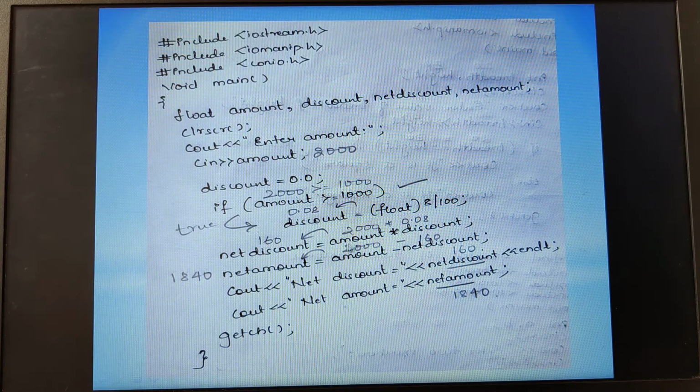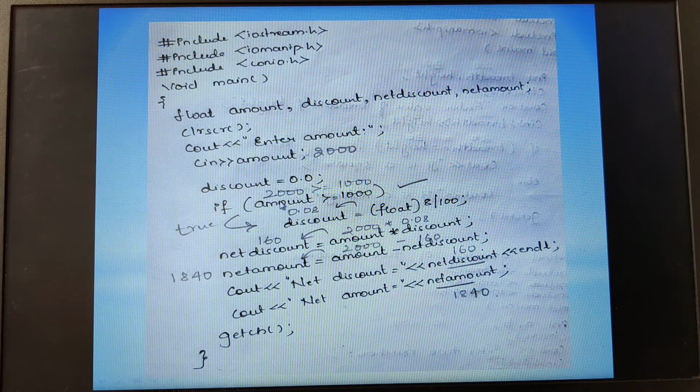Therefore amount into discount, that is 2000 into 0.08, when I do it, I'll get the answer as 160. That means for 2000, 8% discount means you are getting a discount of 160. Therefore I have stored it in a variable known as net discount. This is the total discount I get for the 2000 amount.